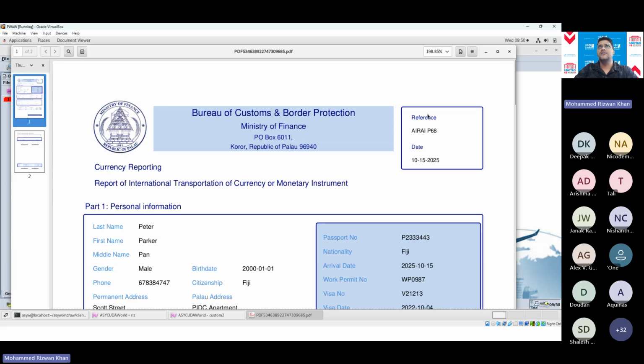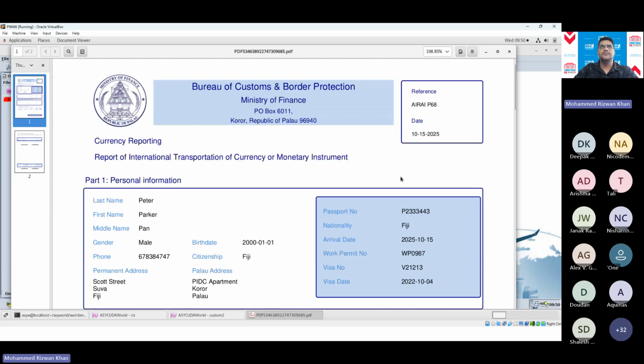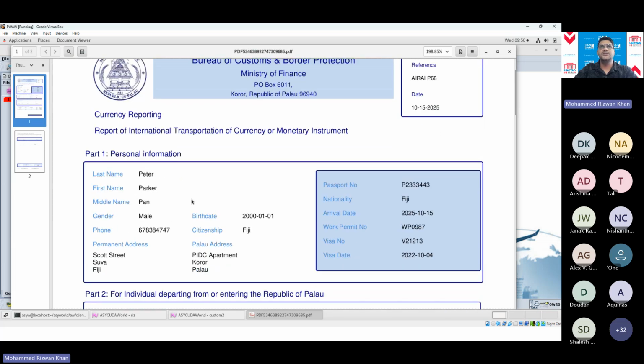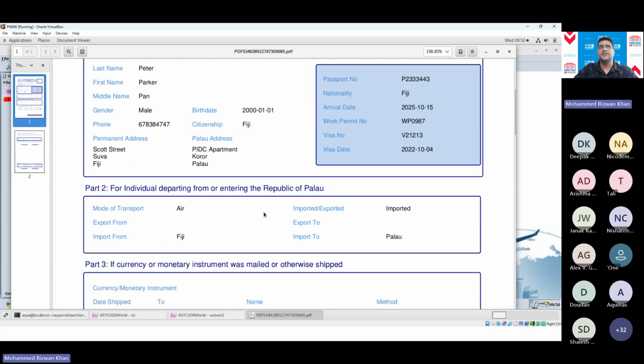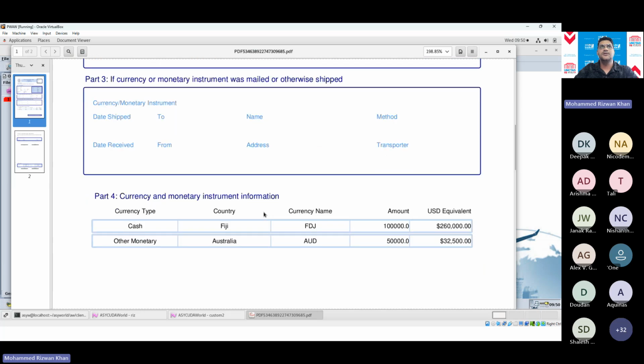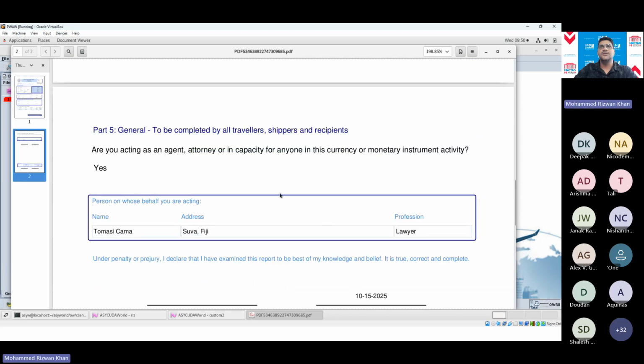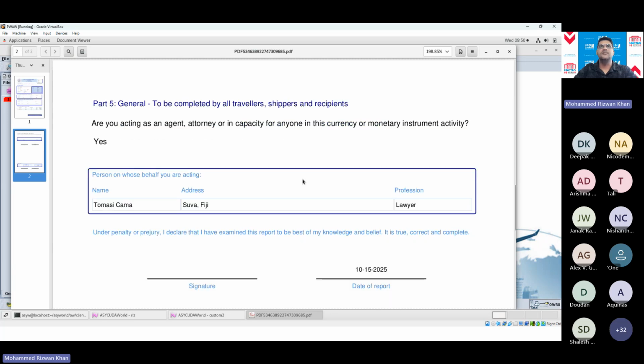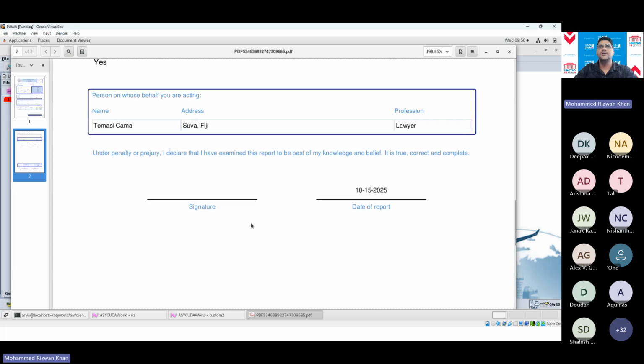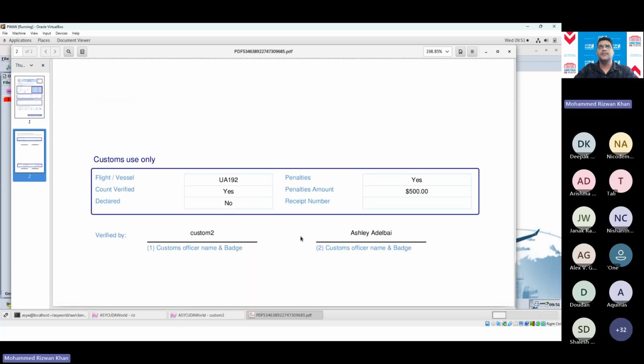You just have the reference numbers here, details of the person declaring, whether it's coming in, going out, and this part is all the currencies that have been declared. And this is where your agent or attorney fills it, they sign, and the last part is the penalties. So what was the amount of penalty, and once it's paid, it will show here.